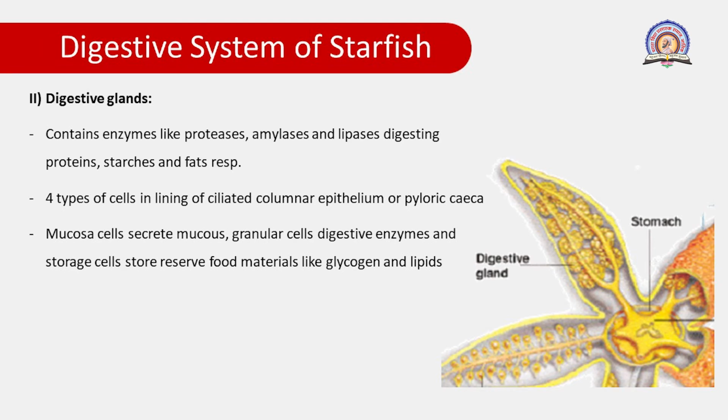Ultimately, these four different types of complex food material are converted into simple ones. The columnar epithelial cells also line the inside wall of the mesenteries. These act as a function to the epithelium, as well as the mucus cells, which secrete mucus from the mucus gland found in the cardiac stomach. There is also the storage cell found in the mesenteries, and the storage cell acts to store food material in the form of glycogen and lipids inside the